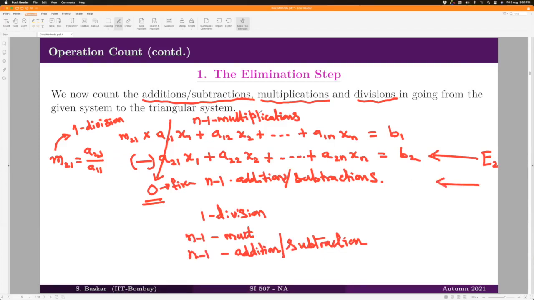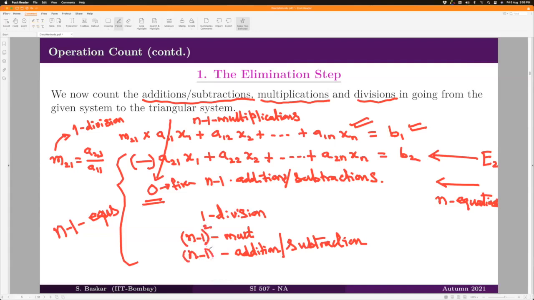Well, you have an n by n system that you have considered. Therefore, you have n equations. But as you know, for the first one we are not going to do any elimination. Therefore, there are the remaining n minus 1 equations, right? So you have a total of (n minus 1) squared multiplications, (n minus 1) squared additions, and n minus 1 divisions, and